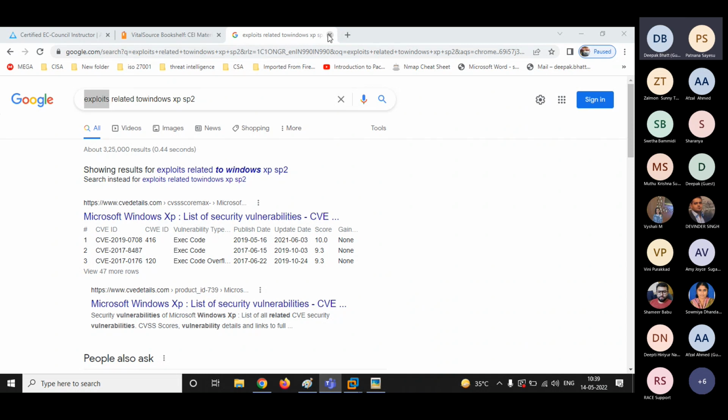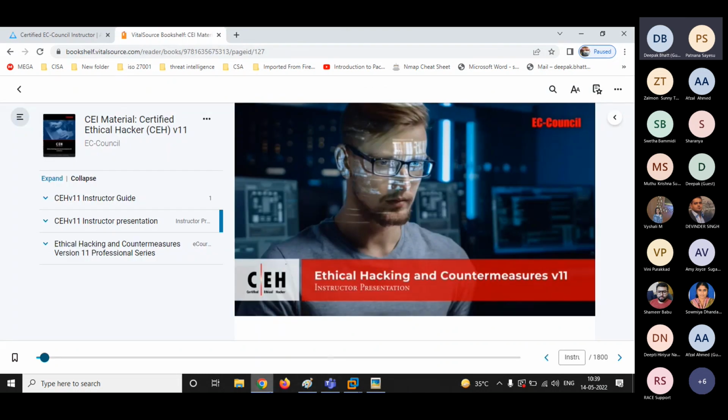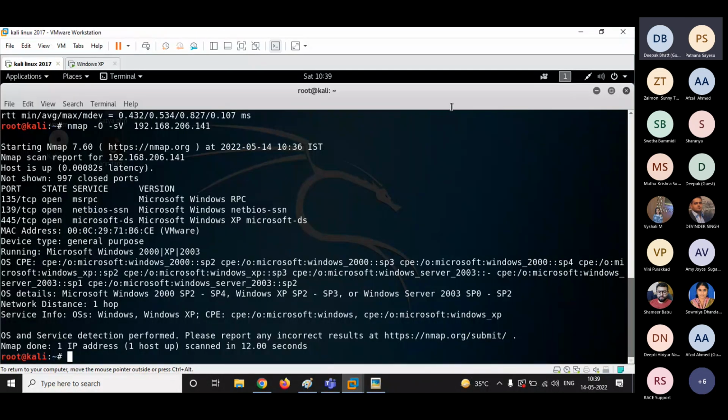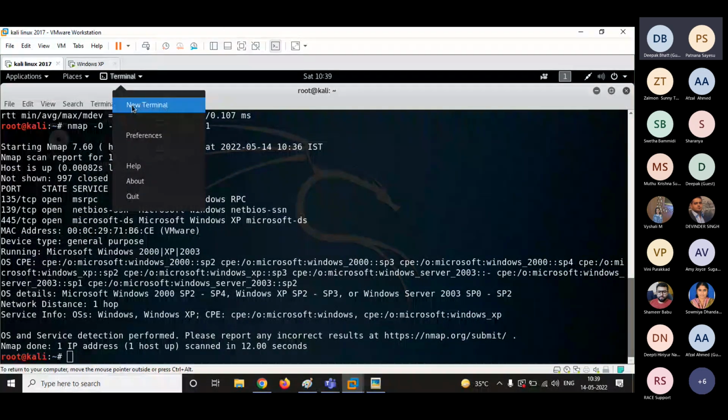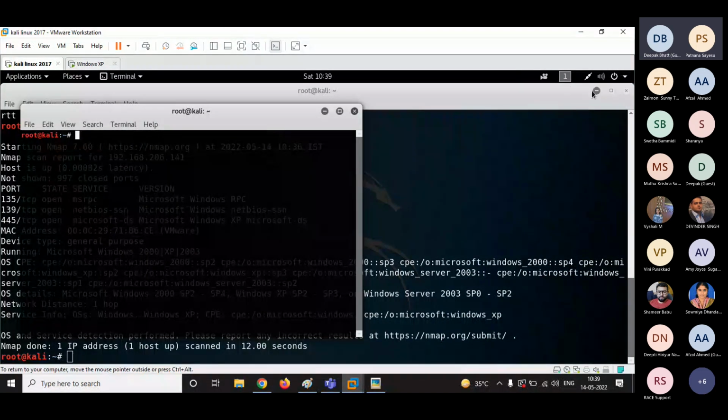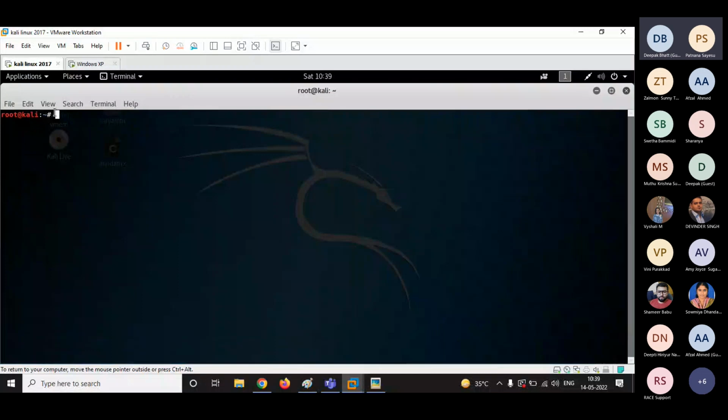Second way is, guys, to open your Kali Linux and open a new terminal. In that terminal, open your Metasploit framework. So you will be launching the Metasploit framework, correct? To launch Metasploit framework, Karthik, what is the command? If I want to launch Metasploit framework in my machine, Karthik, what is the command I'll be typing?